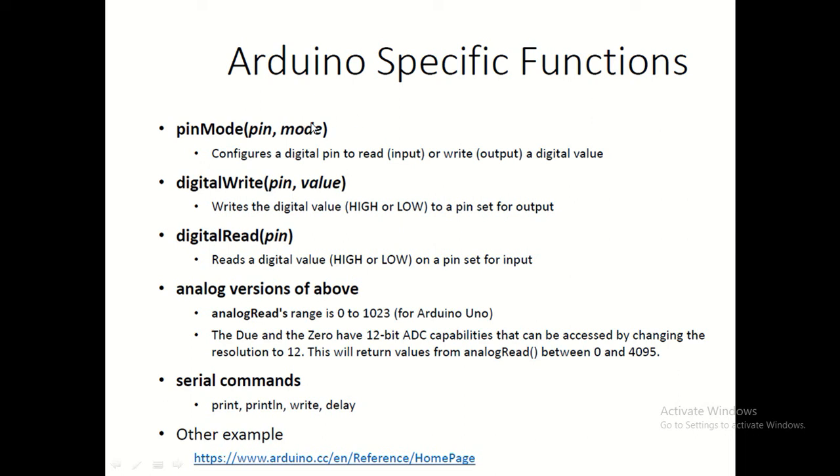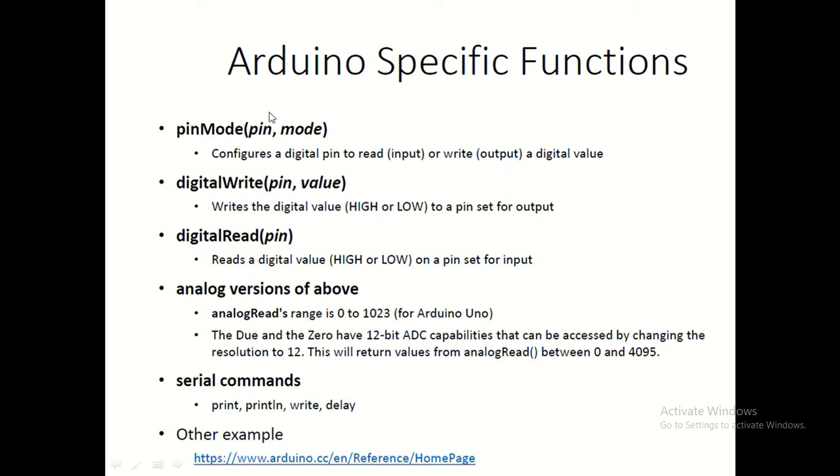For example, the digital pins, the GPIO, general purpose input output pins, which we call input output pins. First one has to configure them. Without that you cannot read or write the data. That configuration is done with what is called pinMode. The mode here could be input or it could be output.